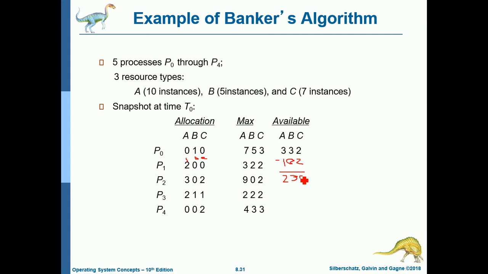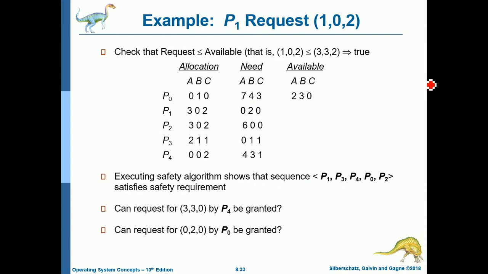As you can see with our example here. So that's why this becomes 230, and then after subtracting the request from the available, you have to add here in P sub 1. So that's why it became 302. So check that request is less than or equal to available. That is, so it is possible. So that's why we already subtracted. Then executing the safety algorithm shows the sequence, so again, by using the banker's algorithm, it satisfies the safety requirements. So the question now here, if there is additional request